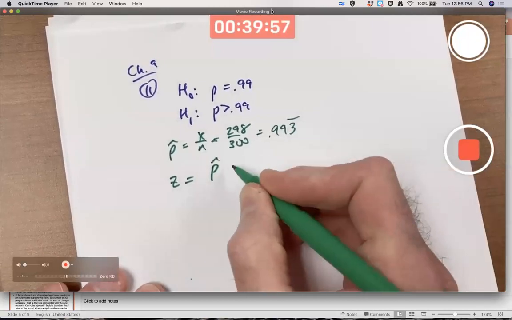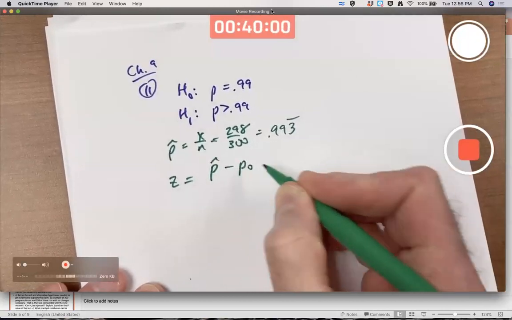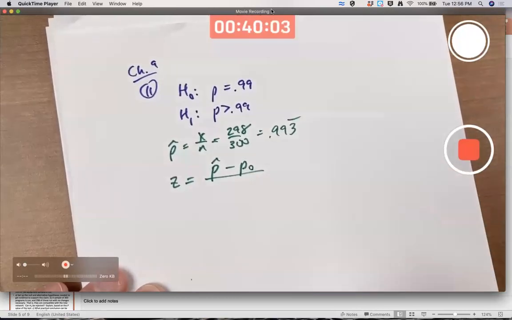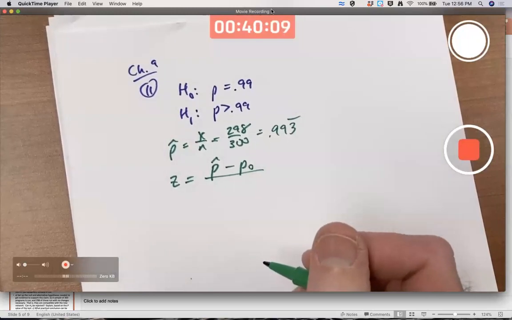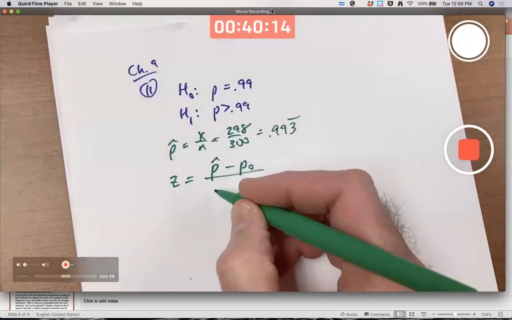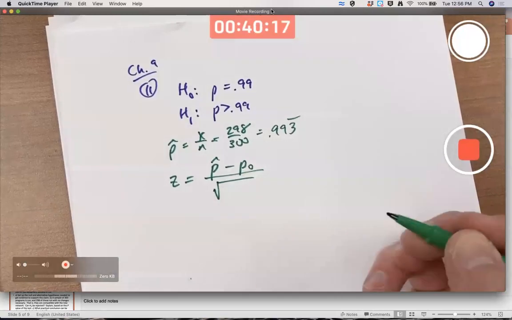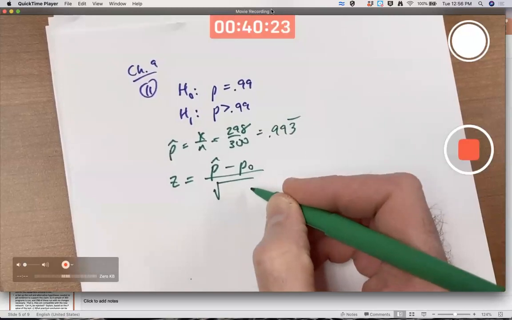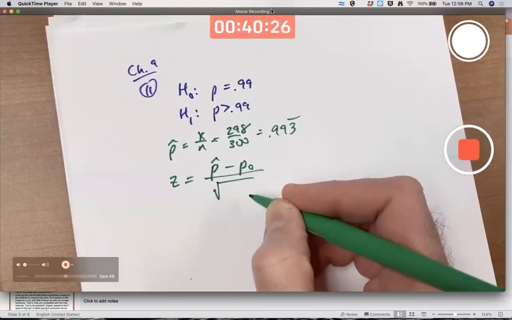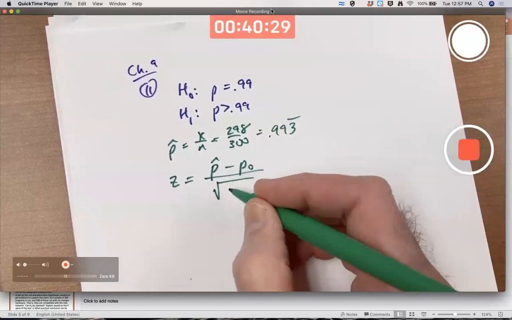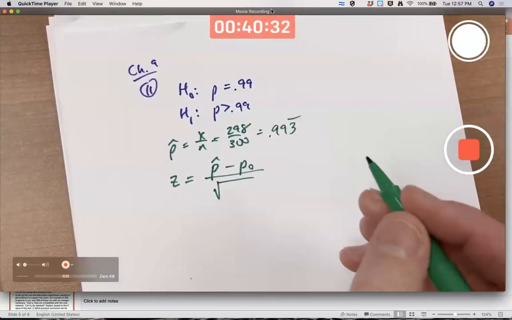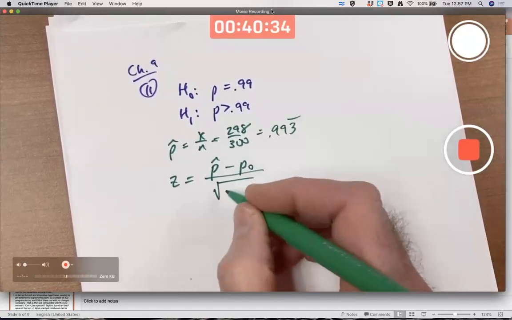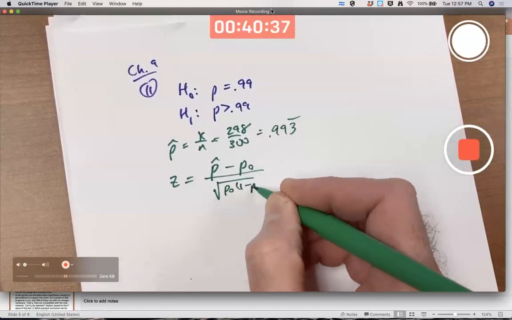Take the observed statistic here, the p hat, minus the null value, p0, divided by what? Well, so far it's been either sigma over square root of n or s over square root of n. Here, in this context, it's something a bit more complicated. Square root of p times 1 minus p over n. When I say p, I don't mean p-value for a test. I mean a proportion value. You're giving the null the benefit of the doubt. You're assuming the null is true. So you actually use the null value here as your p in this formula.